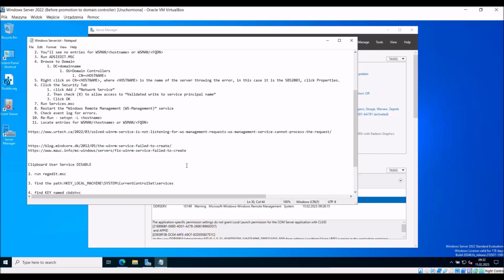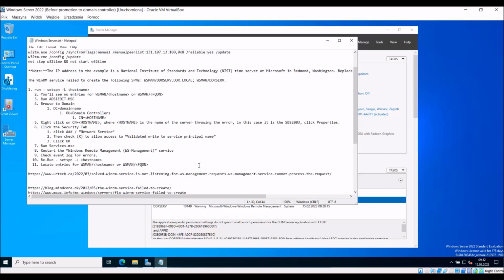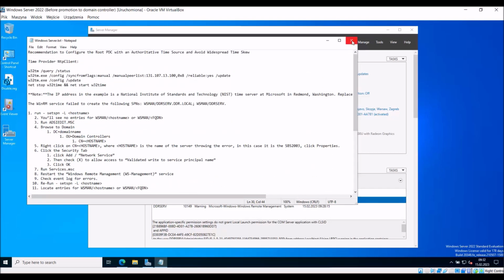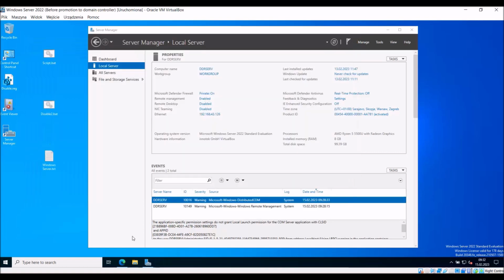I think I checked it up before, and like I said, from the registry you could find the CLSID